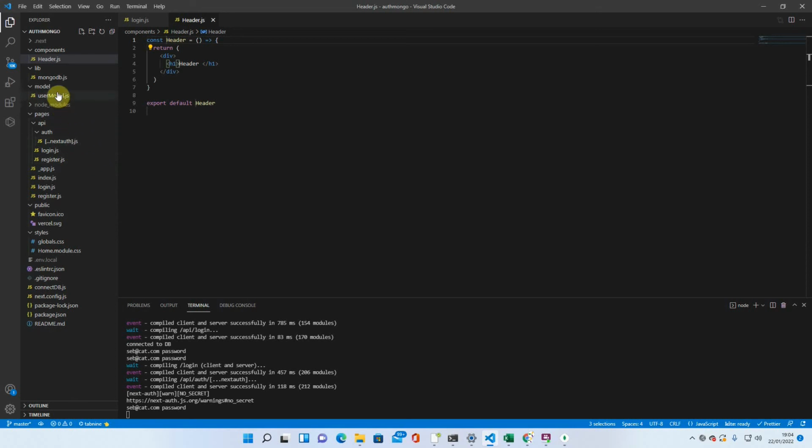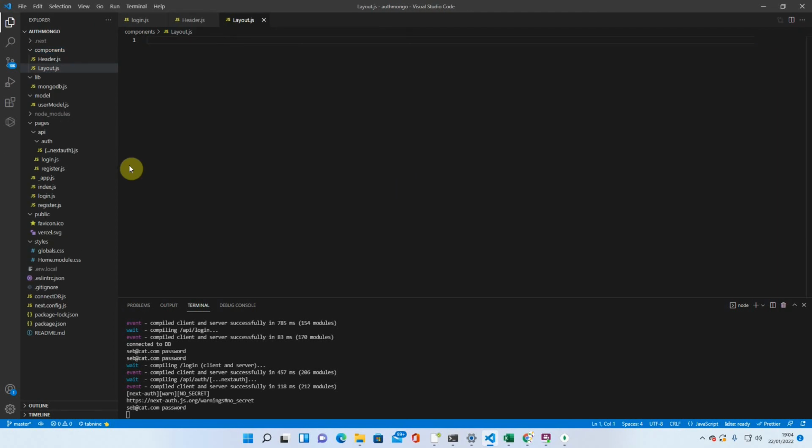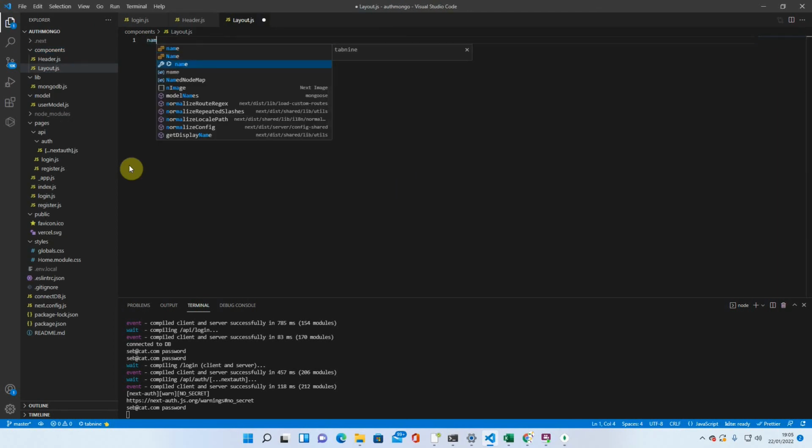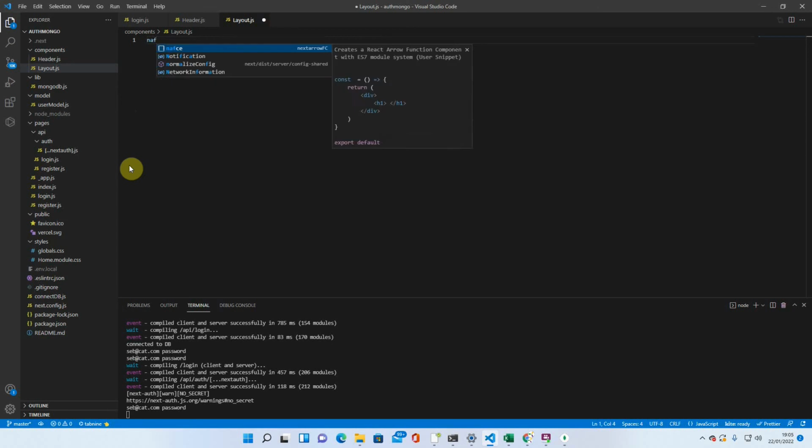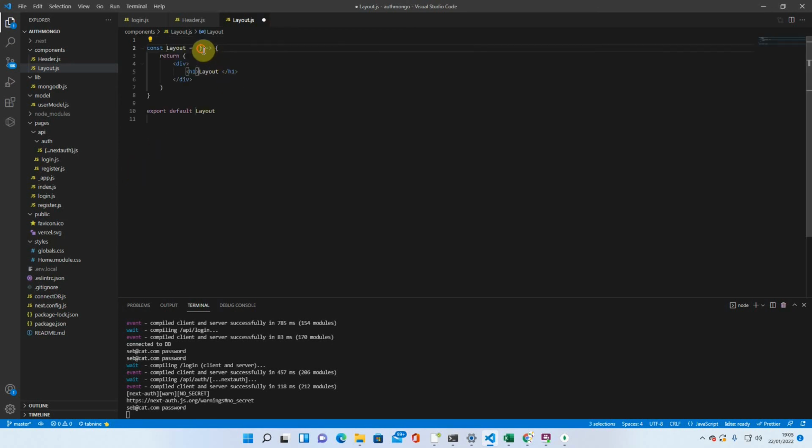Where can we import that header? Pages, and then normally I create a layout component, but I don't think we got to that stage yet. So let's just do it anyway. Layout.js. Then the same again, NAFCE. And then here we want to destructure the children and then return the children component, and then